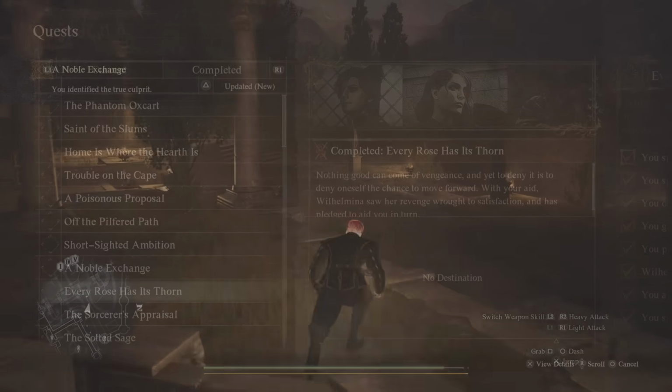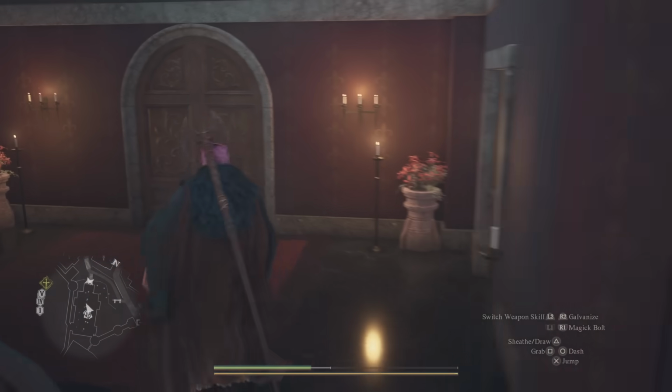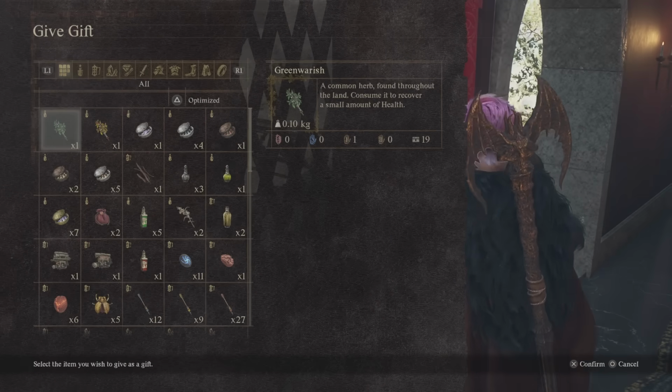Fifth then is a quest called Every Rose Has Its Thorn, which is the affinity quest for Wilhelmina, the proprietress of the Rose Chateau in Vernworth. You have to encounter her in your palace-based story quest first, which happens quite early on, but once you do that, you can go and find her in her place of business, in her office essentially, and offer her the